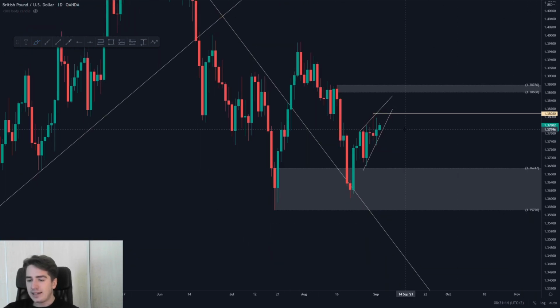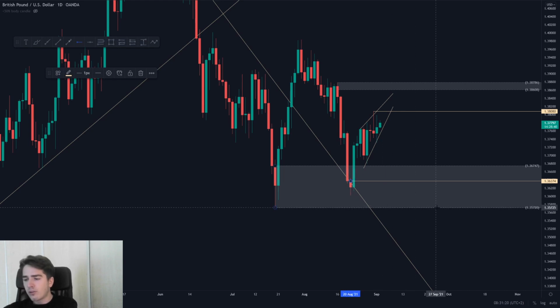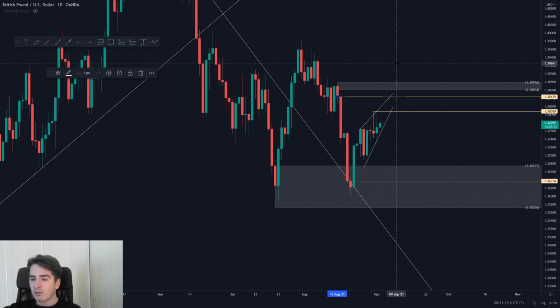Looking then at the daily time frame, what levels should I be looking at over there? Well, of course, this level down below over here, 1.36374. Of course, we're not going to reach that level tomorrow, but still it is good to note this level on your chart. And furthermore, this level up above over here, 1.38439, could act as an area of resistance to push the market back down on pound dollar. So this is really a level that I'm looking at, 1.38439, or this swing high at 1.38080, for a potential